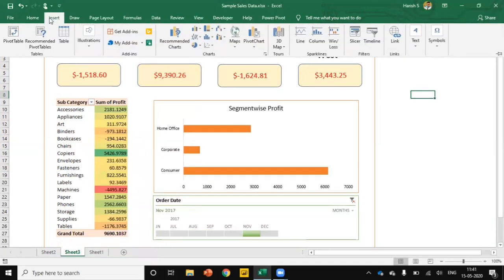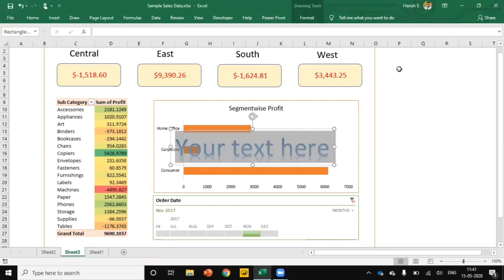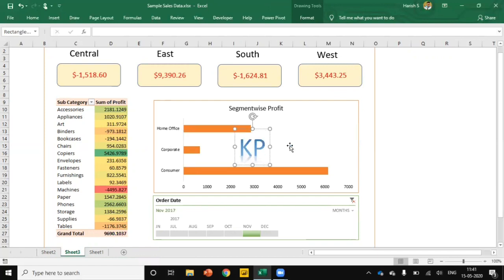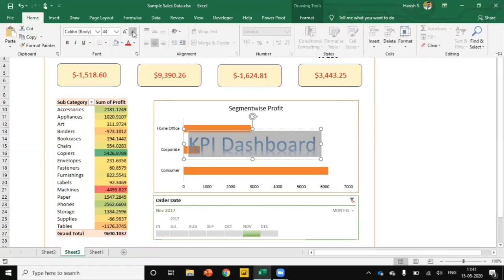Go to the Insert menu. Under Text, select any one of the formats. I'm going to rename this as KPI Dashboard. I'll select it and then reduce the size.